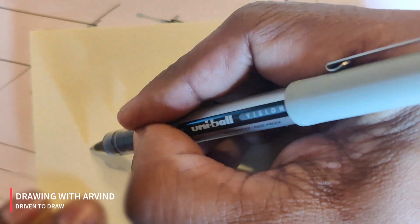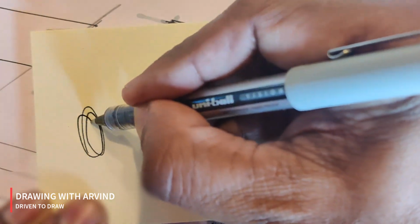Okay folks, today we're going to be drawing a car, in fact just doodling a car in just about 2